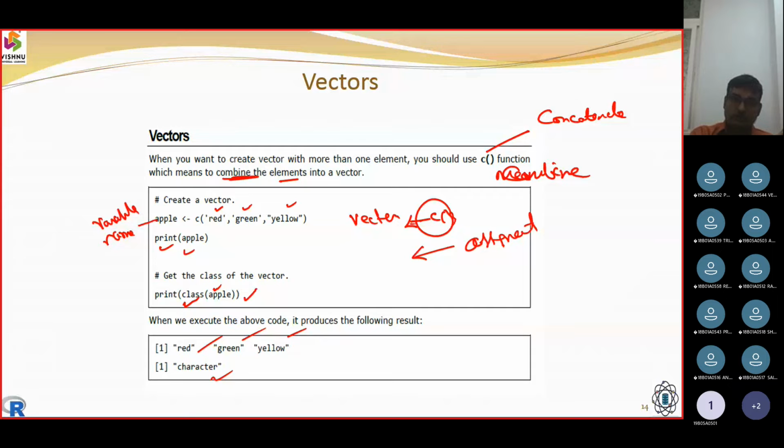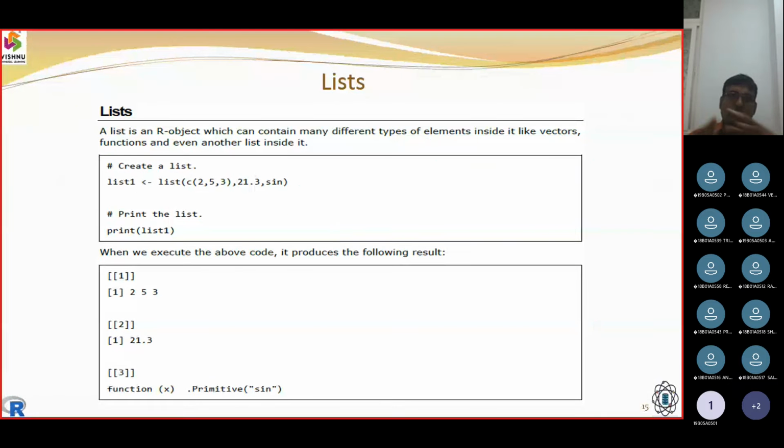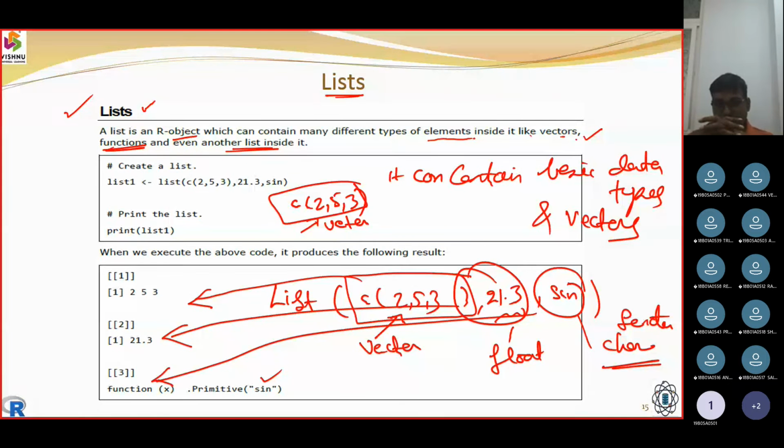And so the next one was the list here. So in this list, it can have the basic types, or it is going to have the advanced data types. So it can have functions also. So the example it is going to show,